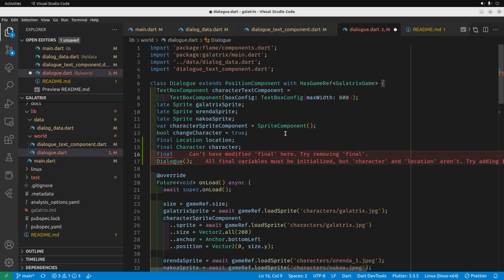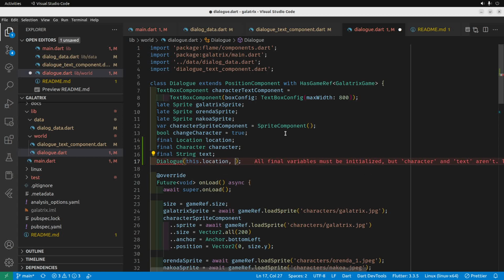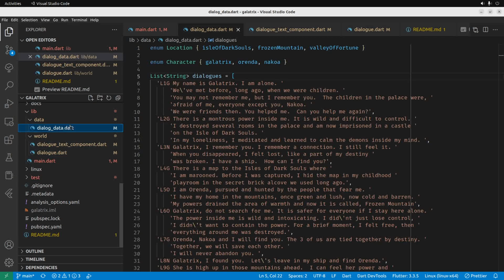And final, it's called the actual part that they're talking, the text. this.character and this.text. Let's go back to our data. So instead of a list of strings, we're going to have it be a dialog,